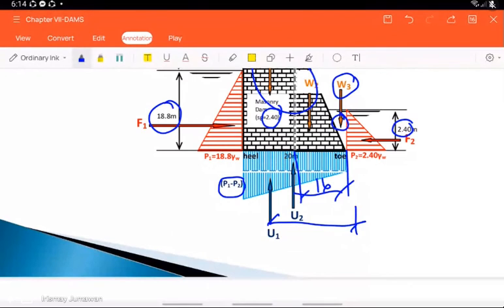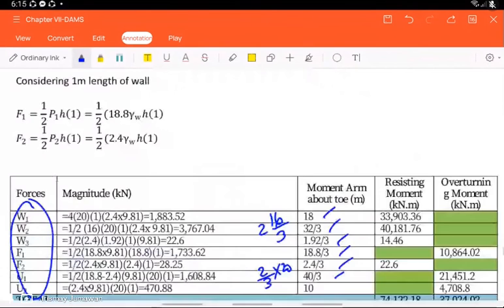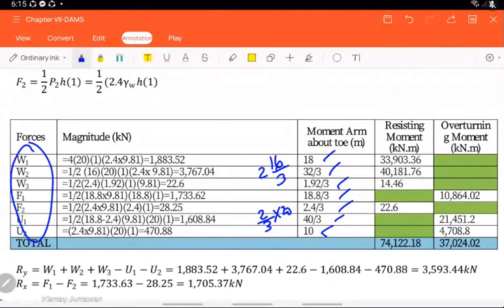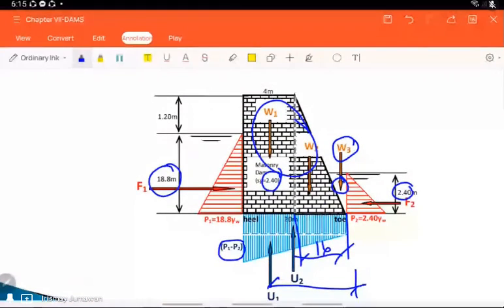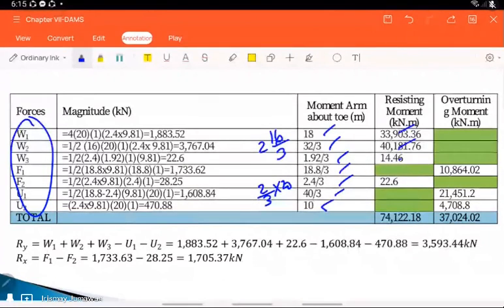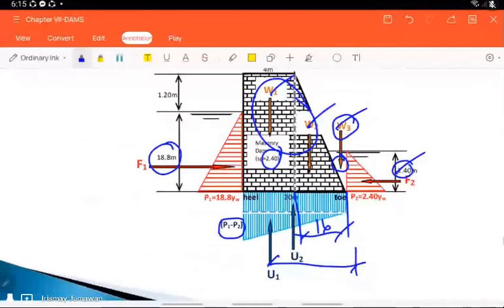Okay, for U2, you have 1/2 of 10, 1/2 of 20. So you have to determine the resisting moment and the overturning moment. For the resisting moment, you have weight 1, weight 2, weight 3, and F2. For the overturning moment, you have F1,